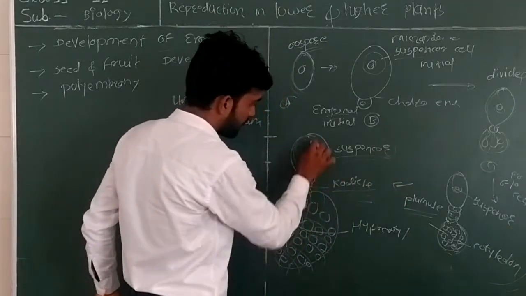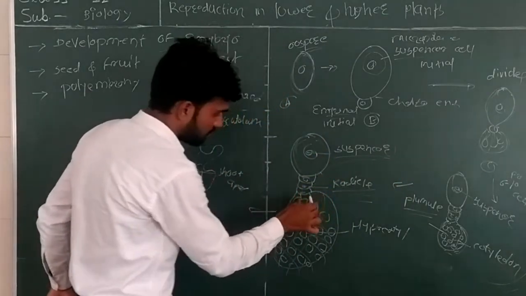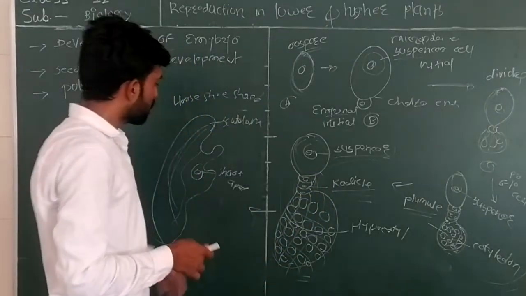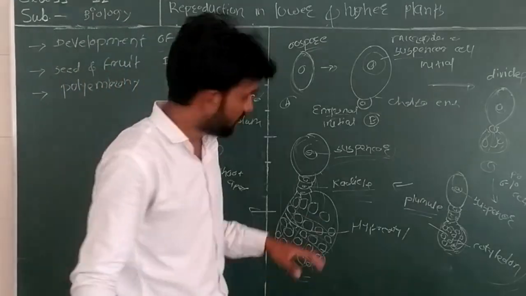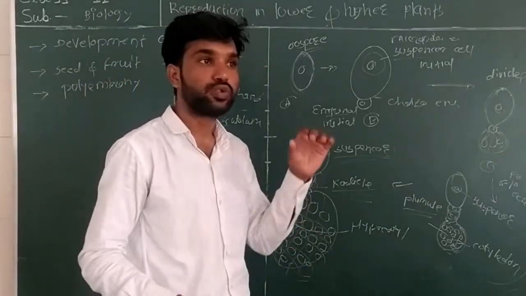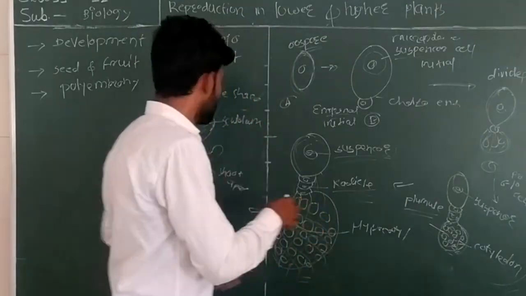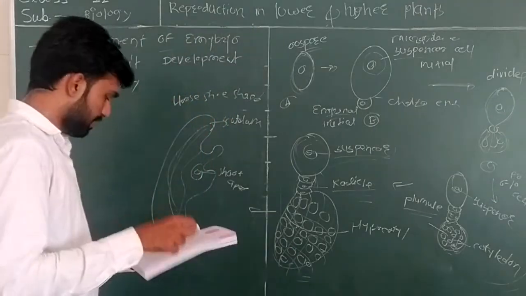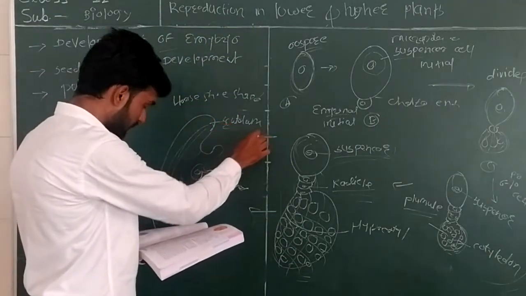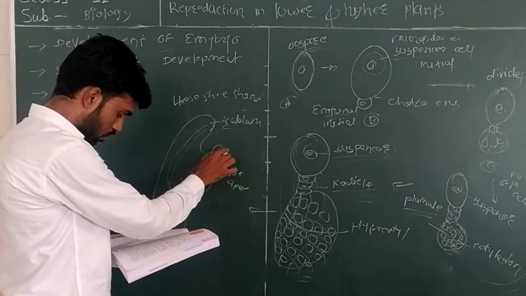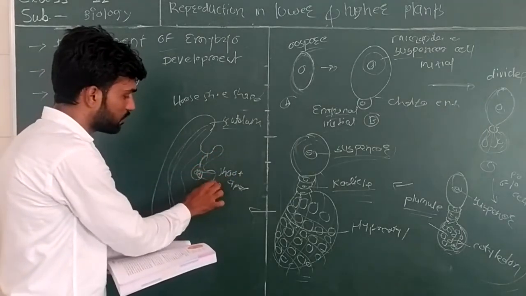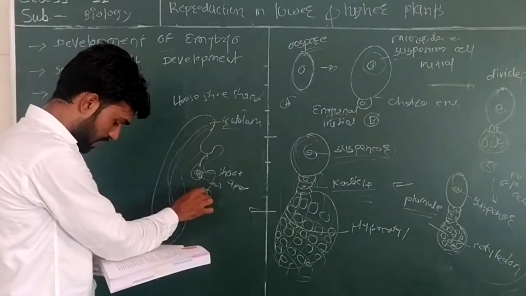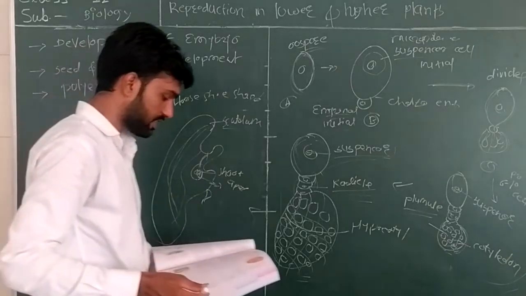Your suspensor cell is here, and all the divisions happen in the embryonal initial. At the end, it looks like a horseshoe shape. You can see it in the diagram. It's mentioned carefully here. Let me explain. Your first part is the scutellum, then here is the coleoptile. This is your shoot apex, which is an important part. Then there is a small structure, the epiblast, the radicle, the root cap, and the coleorhiza.